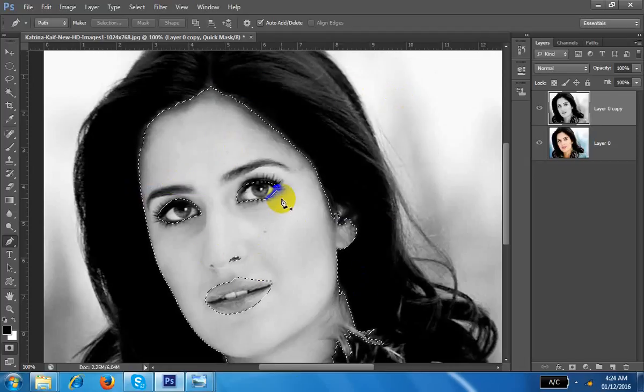Okay, so you can find this face. Okay, so how to change the basic thing? First of all, take it. If you want to take it copy, you can use Ctrl J here. Otherwise, no need of Ctrl J also. But here you can use Ctrl J. It's good. Okay, I can do it without Ctrl J.